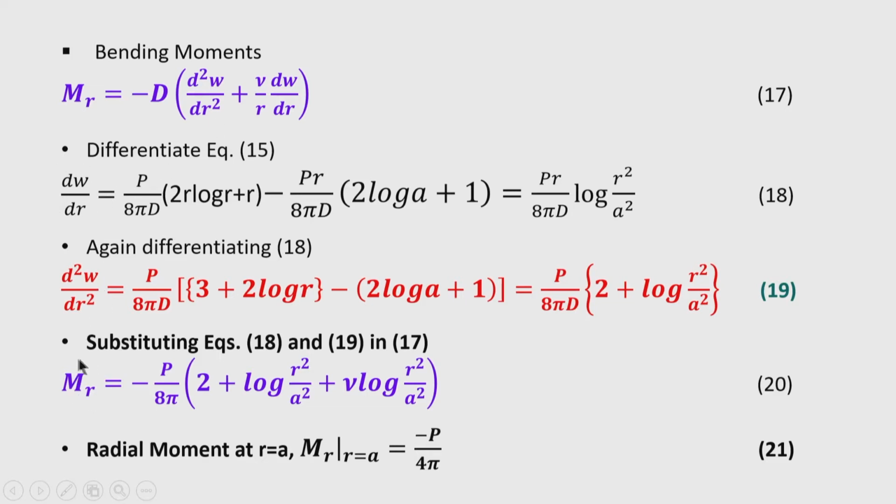So, the bending moment expression is now written as minus P by 8 pi, bracket 2 plus log r square by a square, plus mu into log r square by a square. You can see the expression for radial moment. Examine the expression for radial moment. The radial moment at the center does not exist, because the slope is discontinuous, the first derivative is discontinuous, and as shown the second derivative also. So, therefore, you have to find the radial moment in the vicinity of the application of the load, but